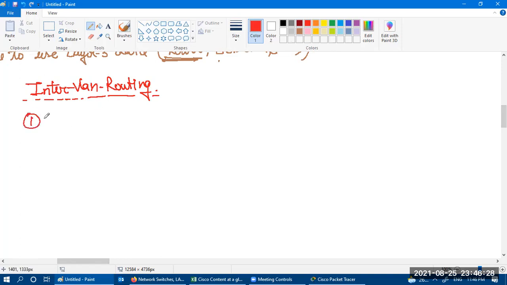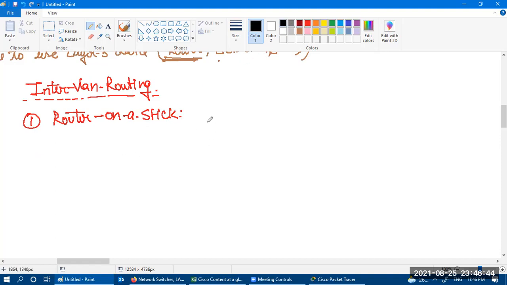Our first method is router on a stick. So what is the meaning of a router on a stick?